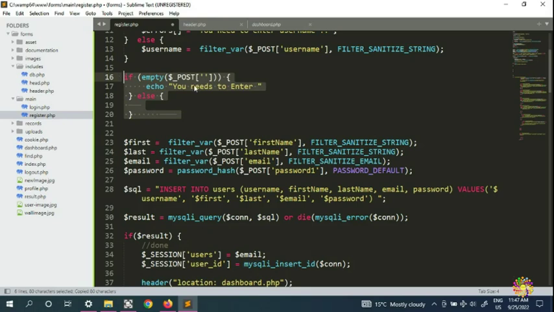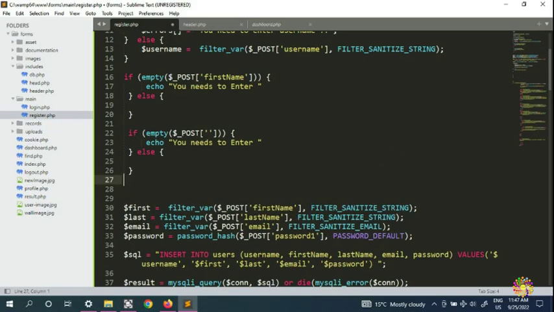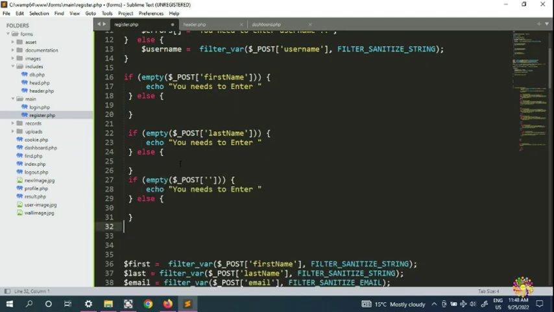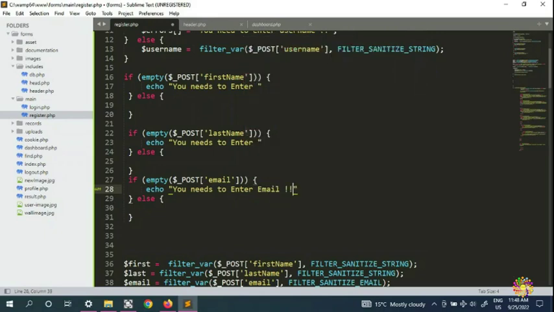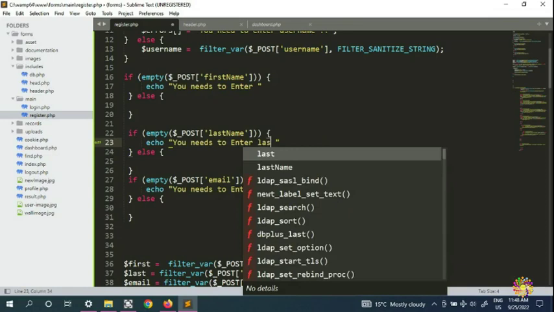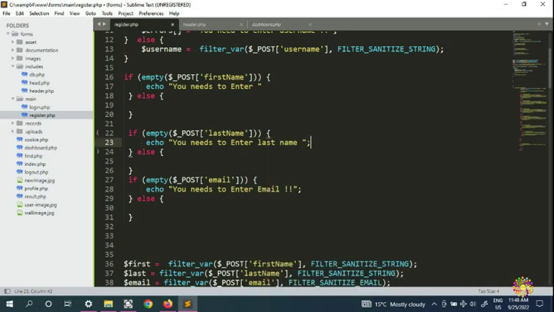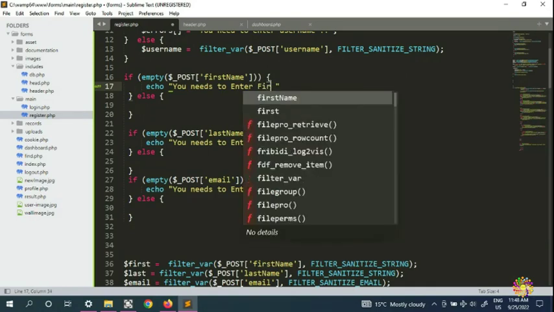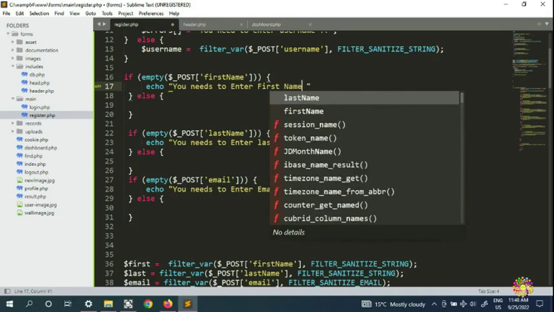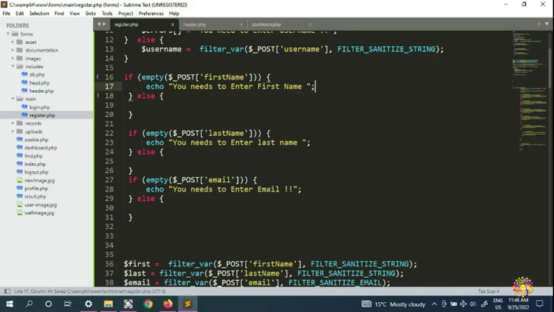Then we're going to come here and copy this one, and this is going to be for the first name, and we're going to copy and put this one. This one is going to be for the last name, and this one's going to be for the email. You need to enter email, for example, email. Okay, so we need to put a parenthesis here, and we need to put a last name, and don't forget the parenthesis here, and you need to enter first name, and you need to put a semicolon here. Okay, so